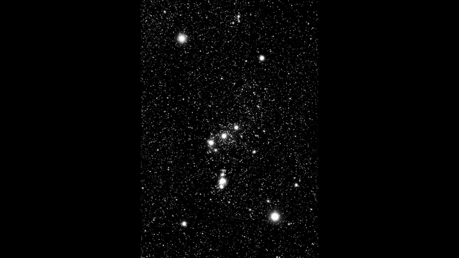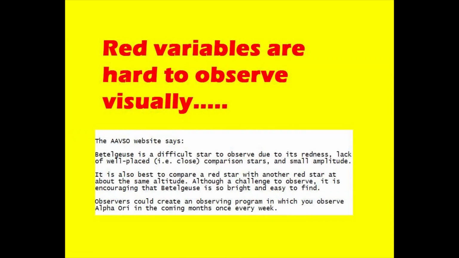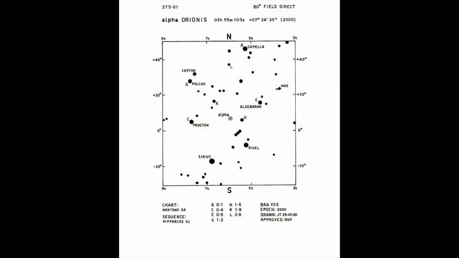There's really only one red star at the same altitude that you might use. Let's have a look at the BAA's own variable star section chart. And here we've got Orion. We've also got Gemini up here, and we've got Taurus the Bull over here. Aldebaran is a useful comparison star, although the star and Betelgeuse are, of course, at different altitudes. But if you pick the time in the evening correctly, as the constellations are setting, these two stars will be at a very similar altitude. What you don't want to do, though, is to make observations in twilight, because the blue sky will accentuate the contrast with Betelgeuse and make it even more difficult to estimate.